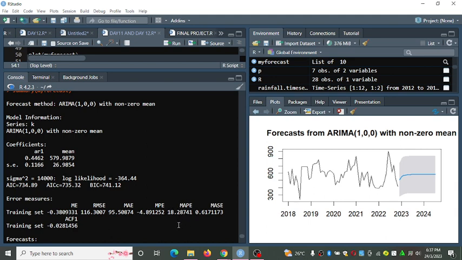What is MASE? Now this is how you interpret output from this analysis. This is the mean of the accuracy of forecast. So it's a measure for determining the effectiveness of forecast.